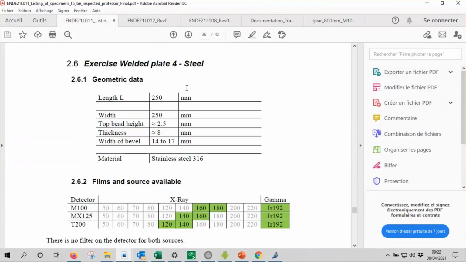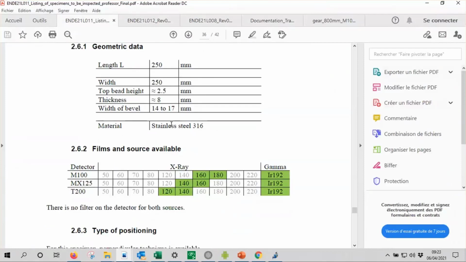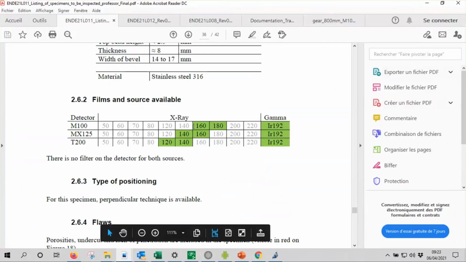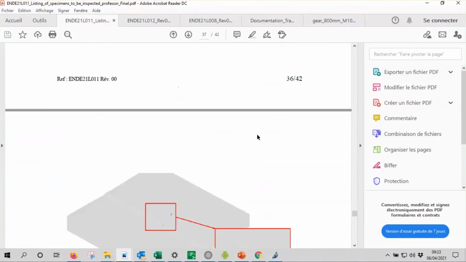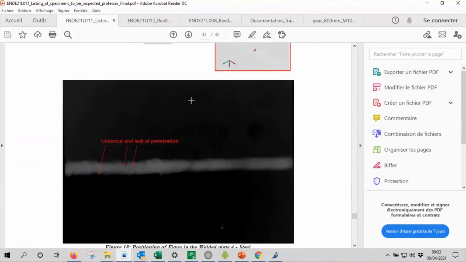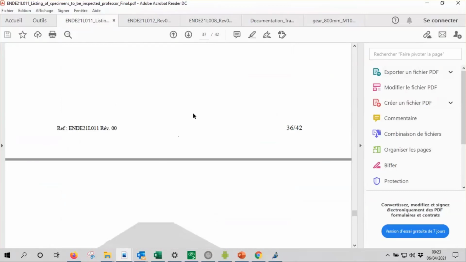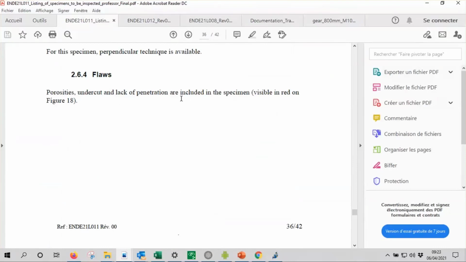You have a document, and it comes with the list, of course, of parameters, of components, material, and so on, with the thickness of the component, the bevel additional thickness, the material, the voltage available for the different sources, and also a small drawing of the part here. So you have all the input parameters, of course, to help you in defining the correct shot.